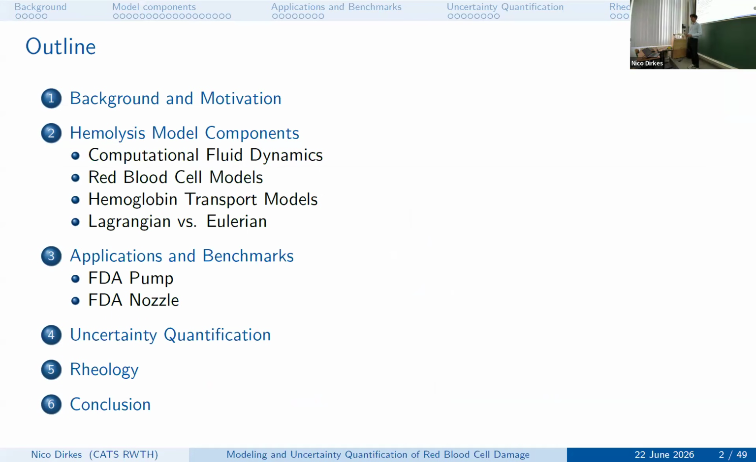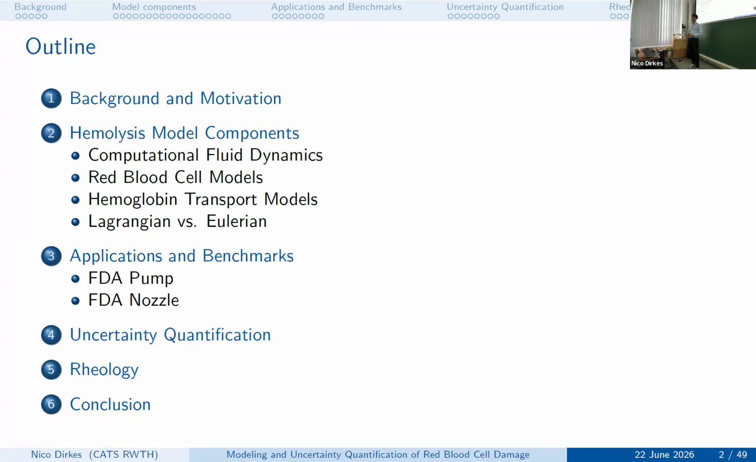So this is the general agenda. First, I will, as I said, give you an introduction. If you don't know about red blood cell damage, why this is an issue, then I will show you how we attempt to model this, because there are a lot of different stages involved in the modeling. Then I will show you two example simulations where we try to predict the blood damage and then compare it